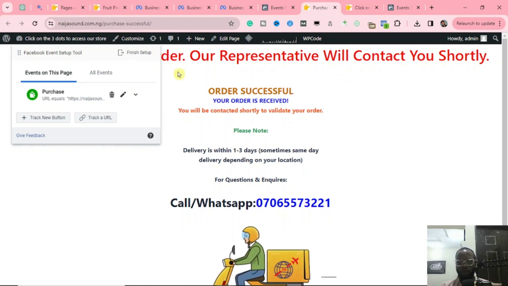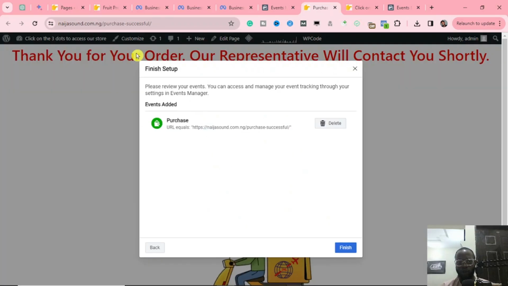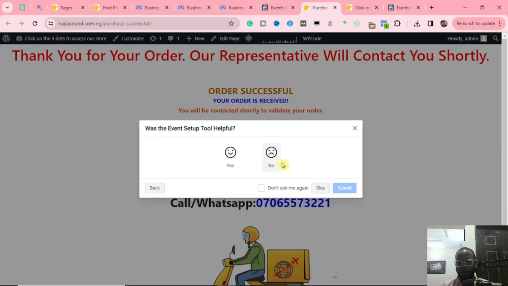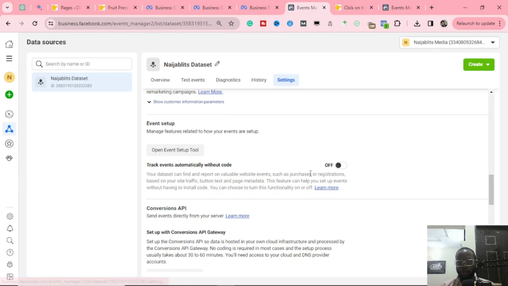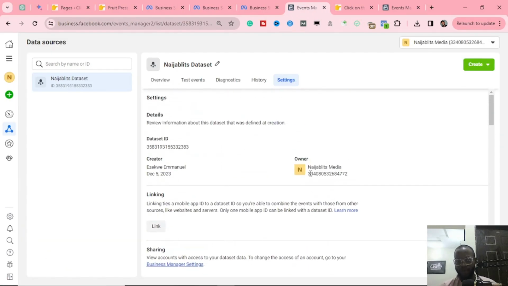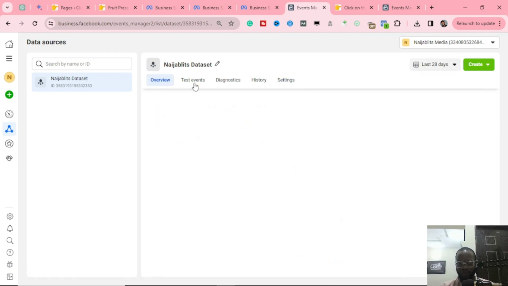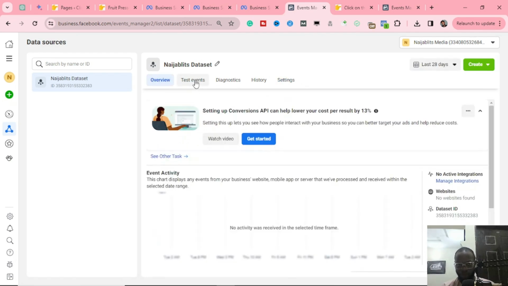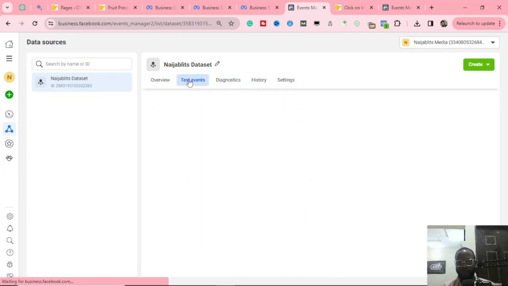All right, so this is how to set up your events on your pixel. Right here we are done with this, and then you are going to click on finish setup, and then click on finish here, or you can skip this. So right here we've set up our event. How are we going to know that our event is working perfectly? That is when this test event tool comes in. This test event allows you to check what you just did, if it's working or not. It's pretty easy. Just go ahead and click on test event,